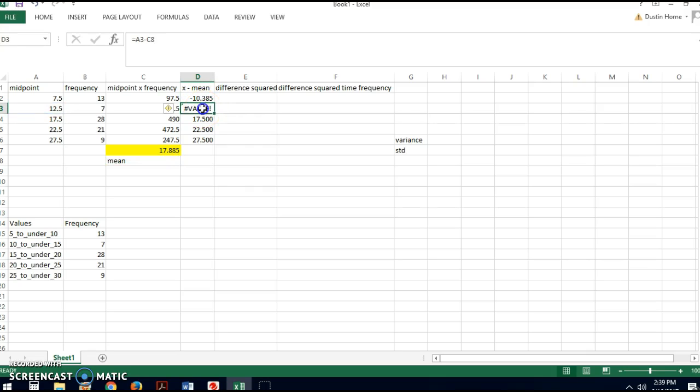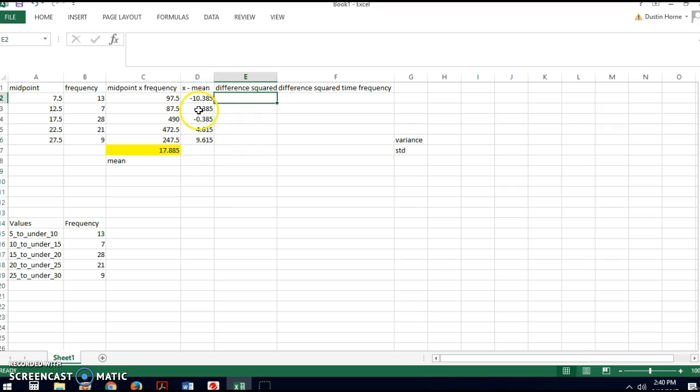Just a second. Instead of putting minus C7, let's not do that. Let's just put in minus 17.885. And now drag it. Okay, so now this one, if you double click, you'll see it's this, minus 17.885. So each one of them will be subtracted. Now what we want to do,